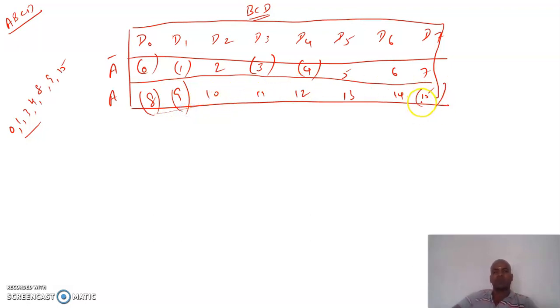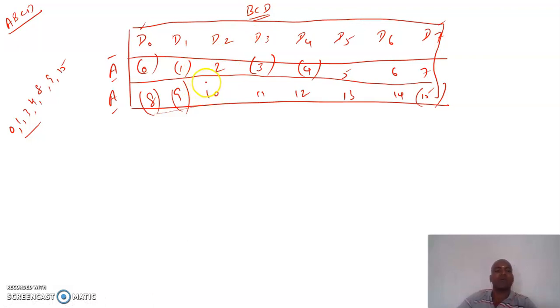Okay. So the first step is to create the table with the required inputs. We are going to design using an 8x1 mux, so I have written 8 values, D0 to D7. We have a 4-bit representation, but we need only 3 selection lines, so one more bit is going to act as the input. So I am going to take it as it is, A bar and A. Okay, right. Now I am going to find these D0, D1, D2, D3, D4 to D7 values from this table.